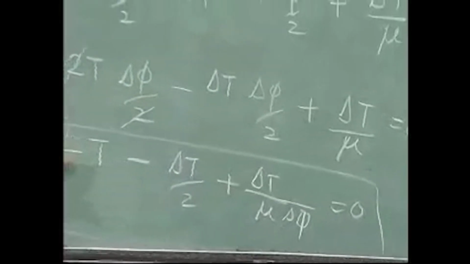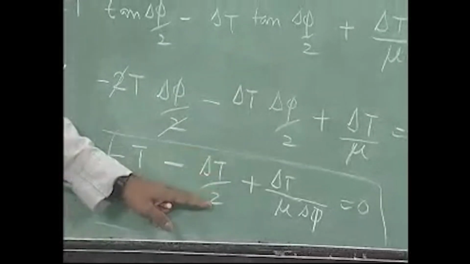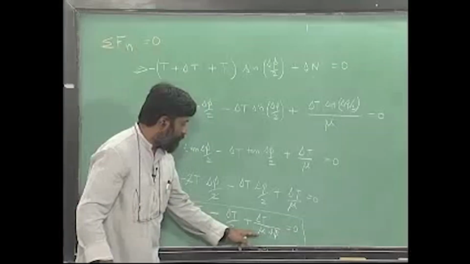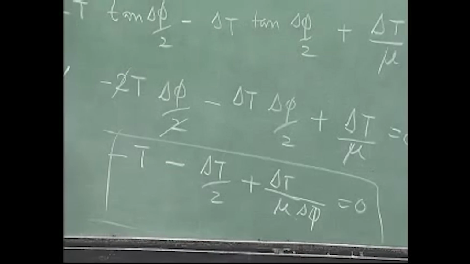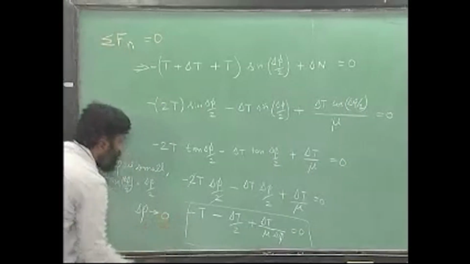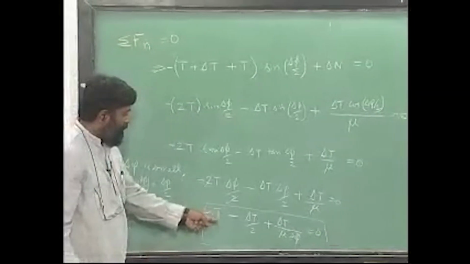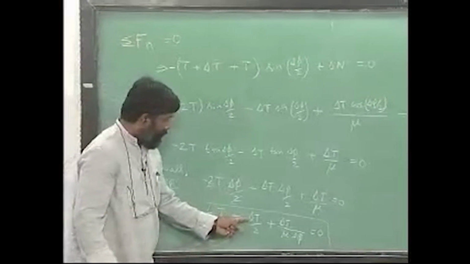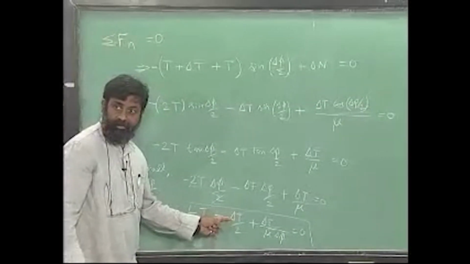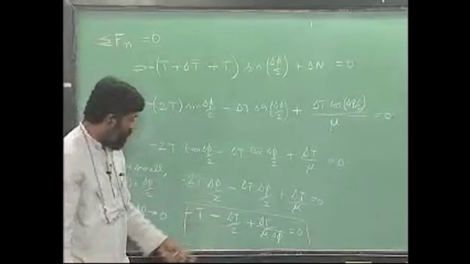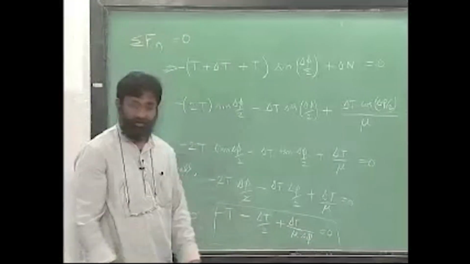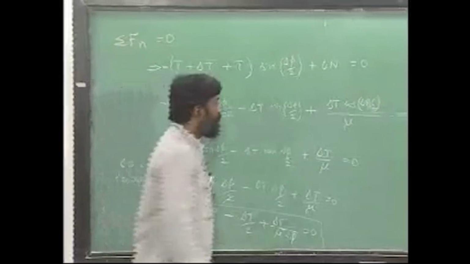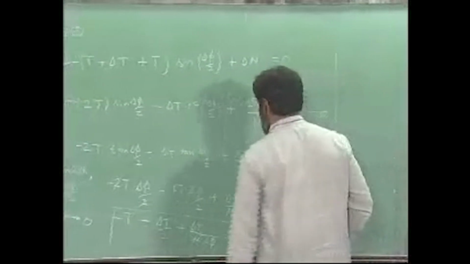Is this okay? If I take delta phi tending to 0, realize this does not have any delta phi. This is delta T by 2, delta T goes to 0, delta T by delta phi goes to dT by d phi, okay, and therefore I will get from this equation